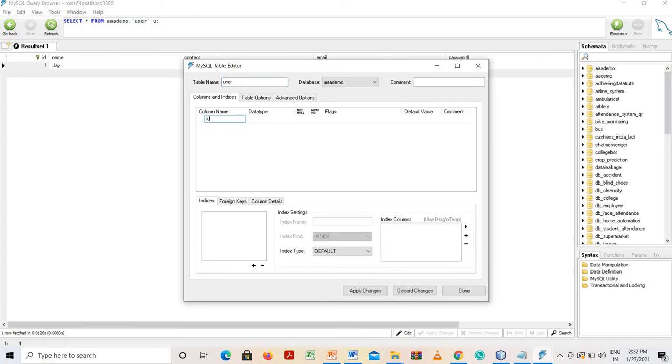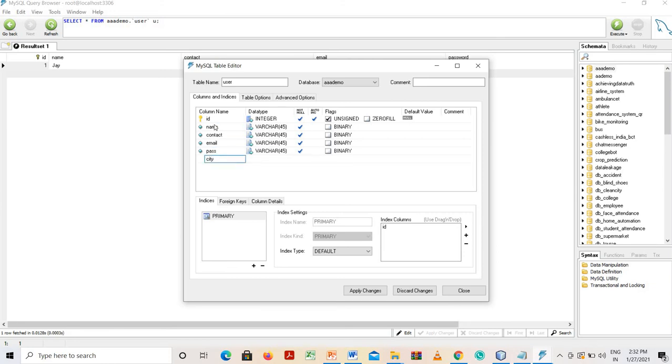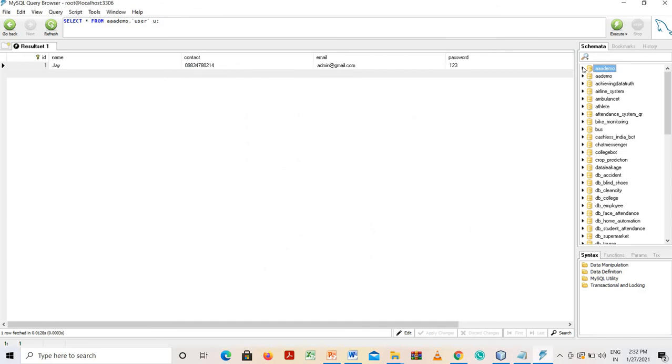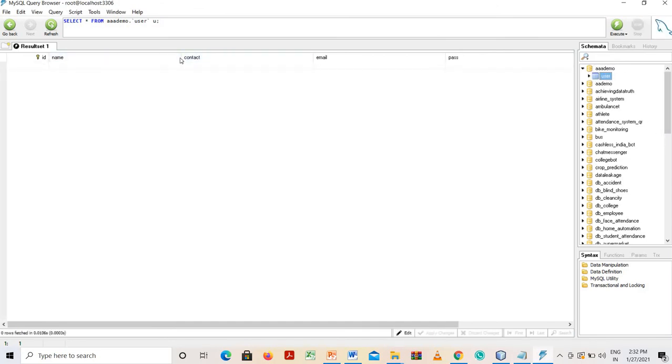First column is always ID, name, contact number, email ID, password, and city. Right. So apply changes, execute query, and close. So this is my user table, right?